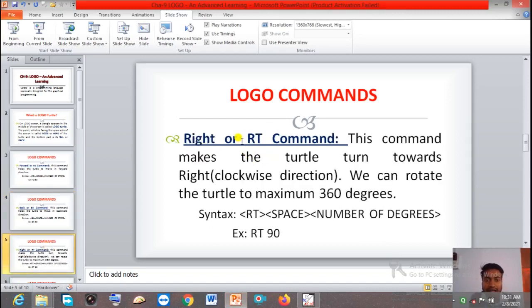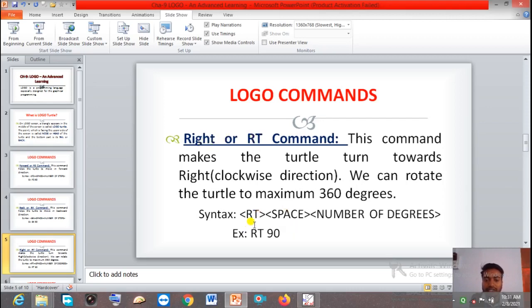Then we have the right or RT command. This command makes the turtle turn towards the right. If you want to turn the nose position of the turtle to the right side, then you have to give either the right command or the RT command.